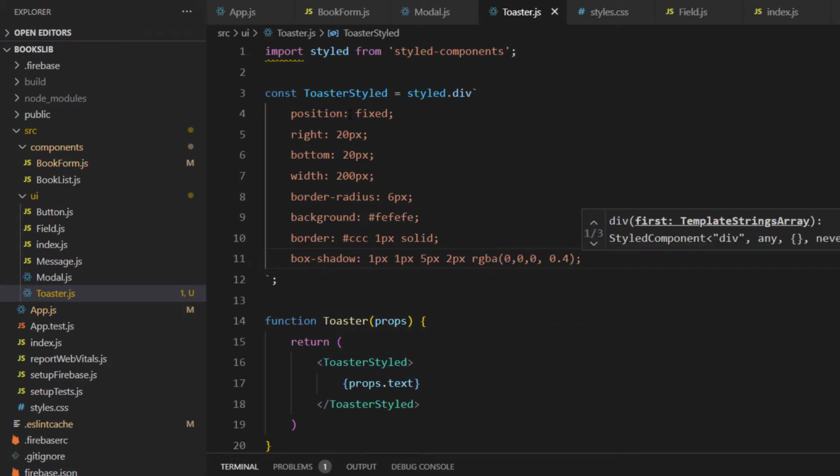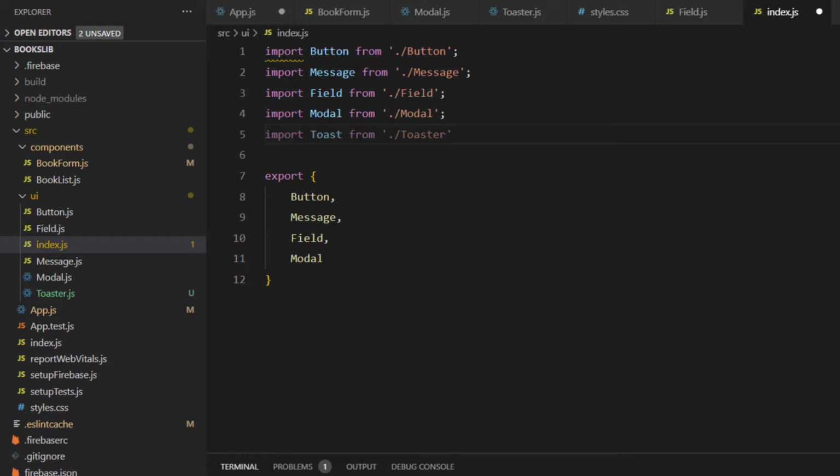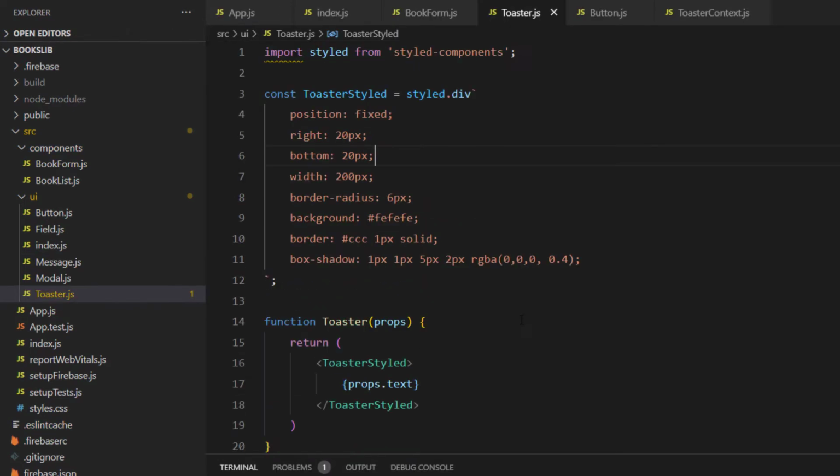This is our toaster. Import toast from toaster. We name it toaster actually, and I'll export. Now for this toaster, provide a single toast, but I want to be able to provide multiple toasts at the same time. What I will do is, instead of prop.text, I'll have prop.toasts, and I will map through it and create each toast individually. Now I will change the name of toaster style to just wrapper with capital W,